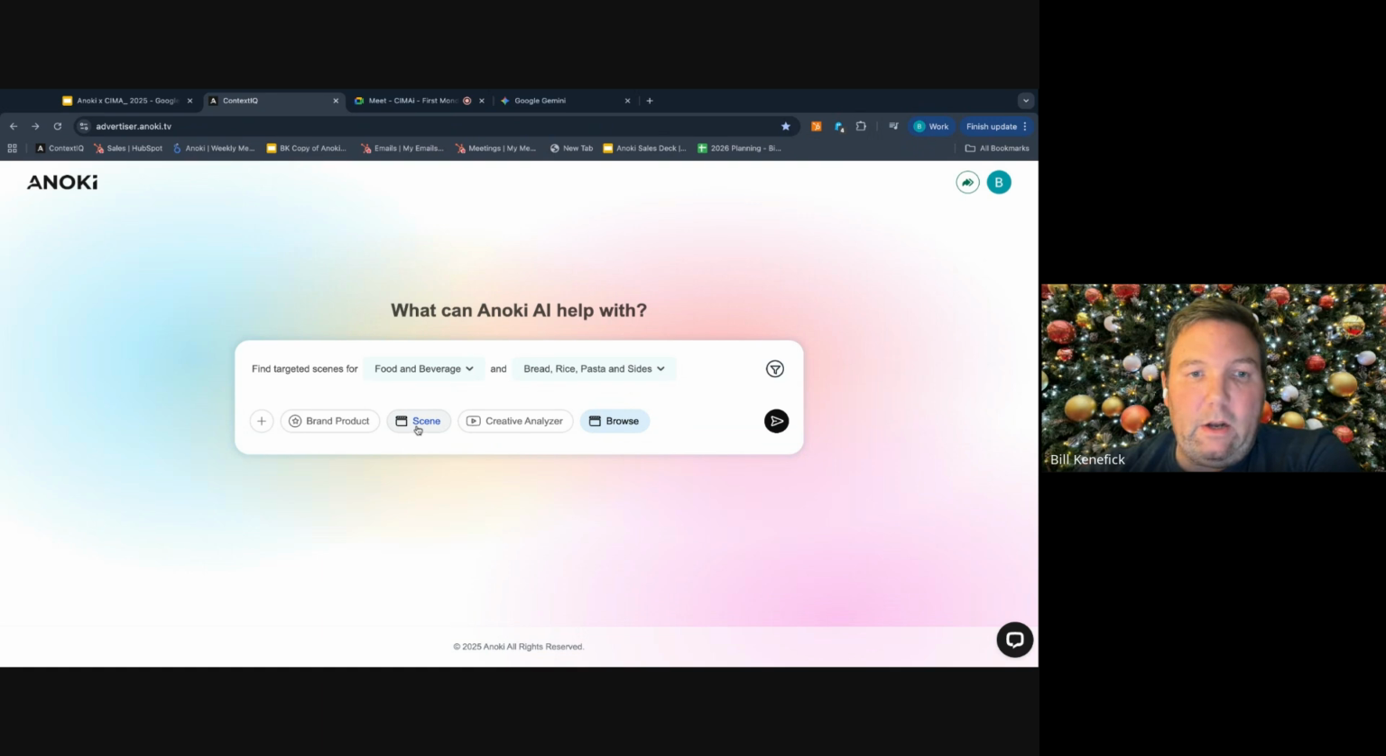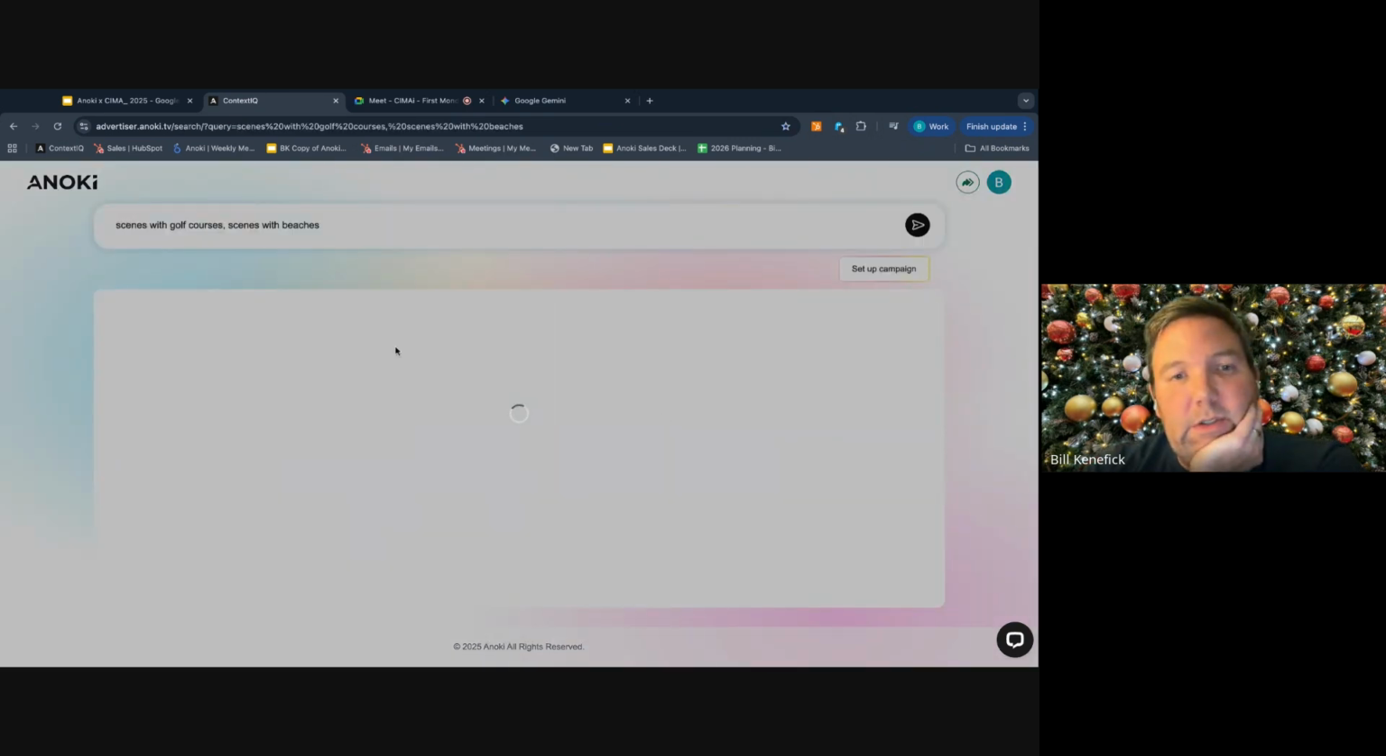There is an open prompting system where you can search for scenes, kind of like a free prompt like we were just doing a minute ago. So you can do, I'm just going to do something that is a warm counterbalance to Chicago right now, scenes with golf courses, scenes with beaches. We can search for these types of scenes, and what our system is going to do is scan connected TV content,